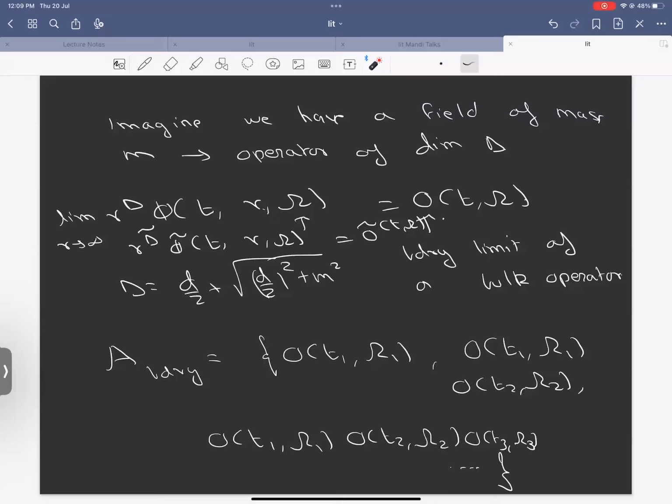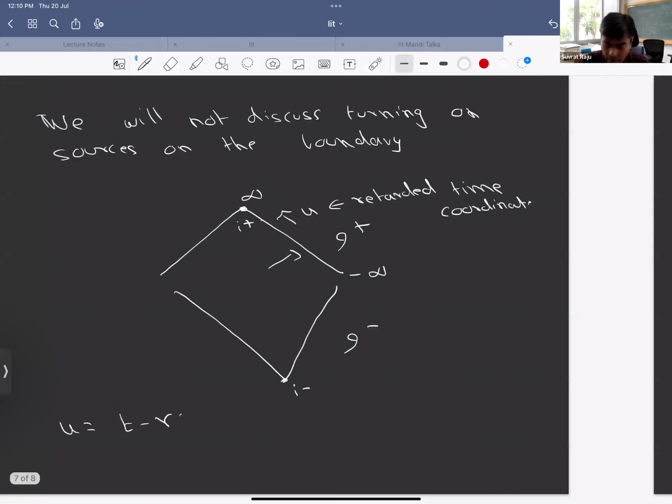Yes, it would be put in the A. Thank you very much for the question. What I've written here is a schematic representation of A. Of course, if you had other boundary operators, you would include them in A. So it's not that this O is the only algebra, or that I want to focus on the algebra corresponding to a single field. In particular, as we'll discuss later, when we have gravity, there'll be the metric, and it's important that you include the metric in the story.